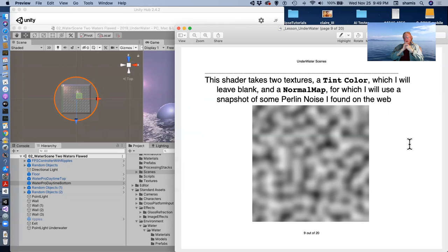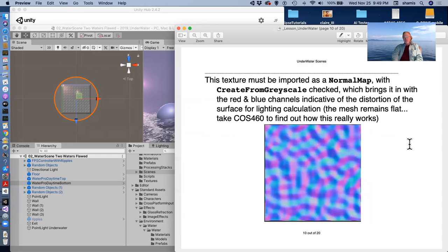And for this, I'm going to use some Perlin noise. This is just a snapshot of Perlin noise that I found somewhere on the web. You can read more about Perlin noise at any point. And I'm going to import this as a normal map with the Create from Grayscale checked. And this brings it in